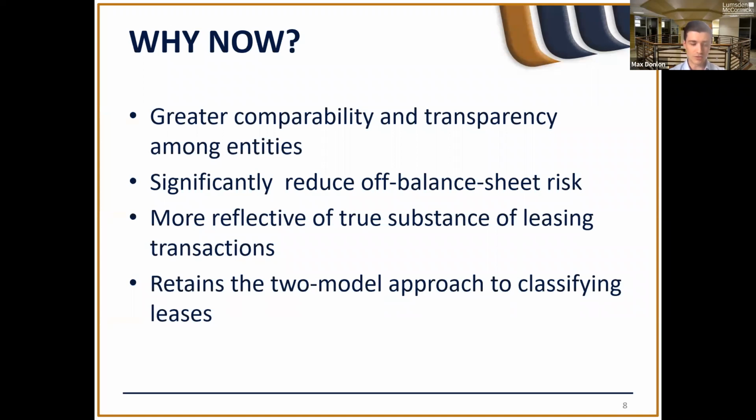According to a 2005 SEC estimate, there were approximately $1.25 trillion in off-balance sheet operating lease commitments for SEC registrants. So from the SEC's perspective, operating leasing is the largest form of off-balance sheet financing, as operating leases have historically not appeared on an entity's balance sheet, but rather through their income statement as expense. So when you consider entities beyond SEC registrants, the volume of off-balance sheet financing increases dramatically.